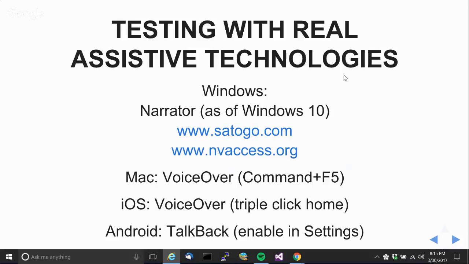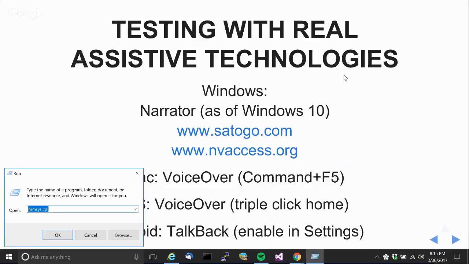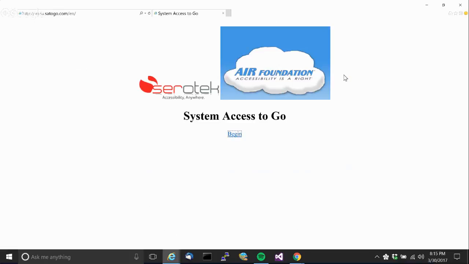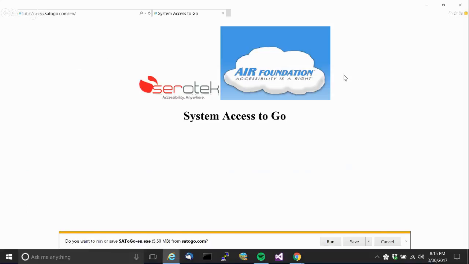Let me just show you that. I've been running my regular installed copy for the demos, but let me show you this version. Okay, so there is no actual screen reader running right now. I'm just using JavaScript to play this audio here. And I'm going to hit enter. The server noticed that IE was downloading the file, and it told the JavaScript to play that Alt-R prompt. So I'm going to press Alt-R.